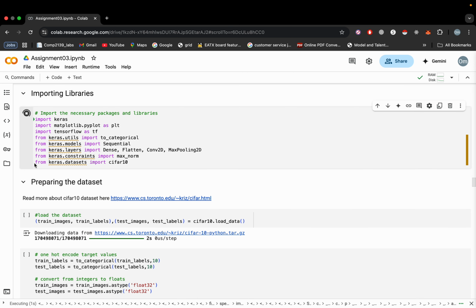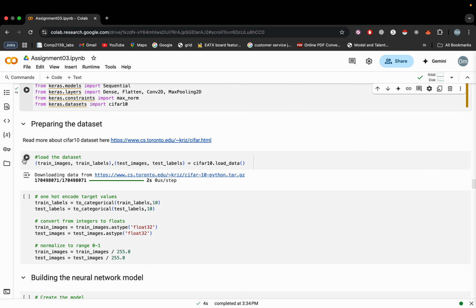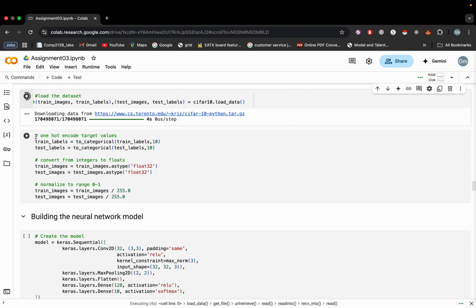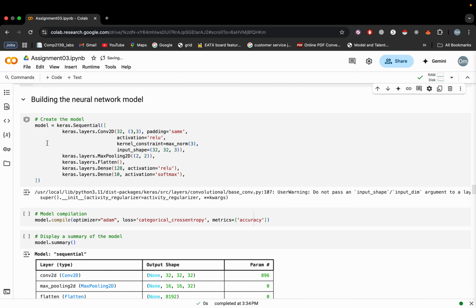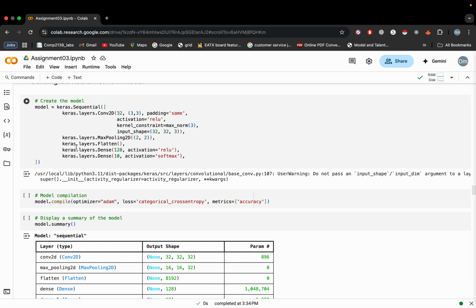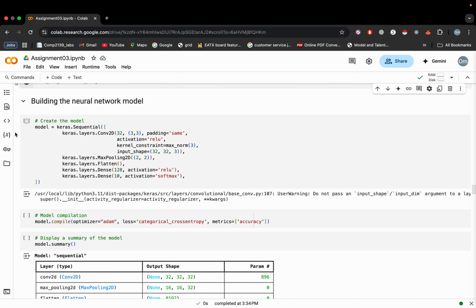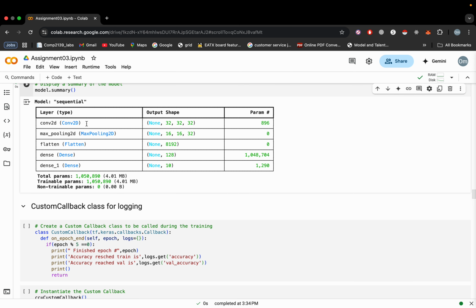Alright, so let me import the necessary packages first. Then we load the dataset, and then these are the one-hot encoded target values. After that, we are building the neural network model. So once this model has been created, I've shown the model summary over here. As you can see, everything is there. So the original model has one convolution layer followed by a max pooling and flattening,